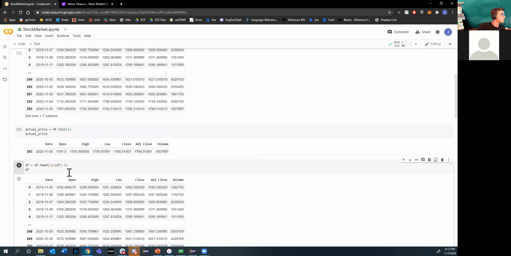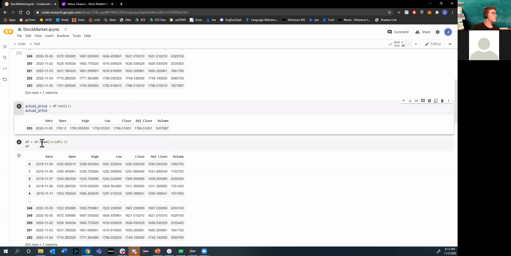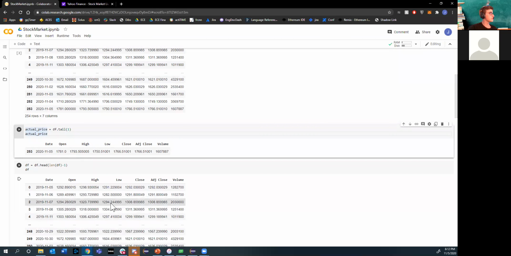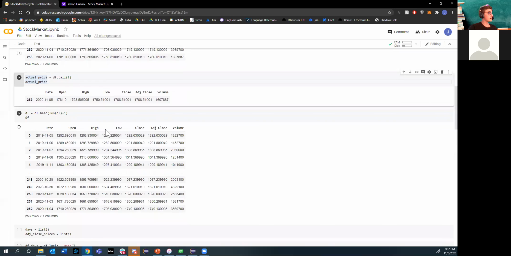And here we're just checking the data without the one that we pulled out for the actual price of that one day. So these two sections here and this one right here are just for inspecting the data and looking at it. It has nothing to actually do with the algorithm. So once all of our data has been imported,